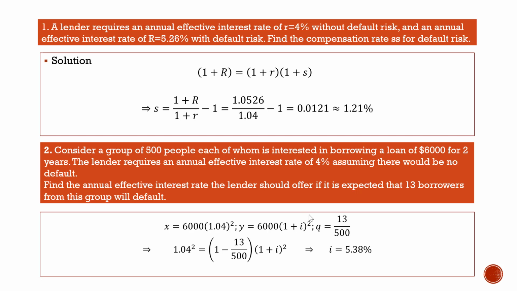And Q is the default rate. So it's basically the number of people who default over the total people. So Q is 13 over 500. Now we apply the formula X equal to Y times (1 minus Q). 6,000 cancels with 6,000, so we have an equation: 1.04 squared is equal to (1 minus 13 over 500) times (1 plus i) squared. So i is around